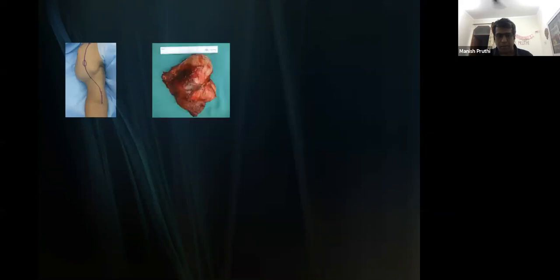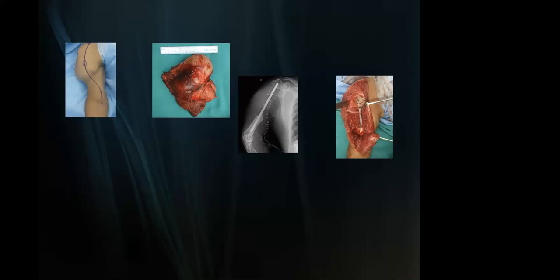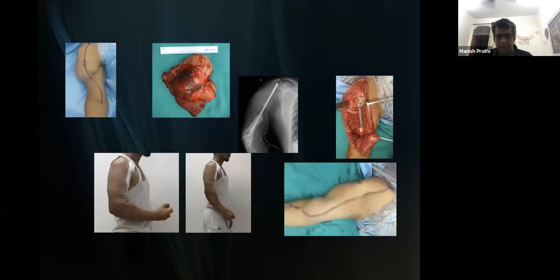Another case of a proximal humerus resection. In this, it was hereditary multiple exostosis. After proximal humerus resection, we put a K-nail in the defect, and the K-nail is inserted into the lower end of the humerus and cemented. The proximal part of the K-nail, as you can see in the picture on your extreme right, is sutured to the remaining glenoid with a Prolene mesh and non-absorbable Ethibond sutures. So this is after wound closure, and this is the function that we can start immediately.